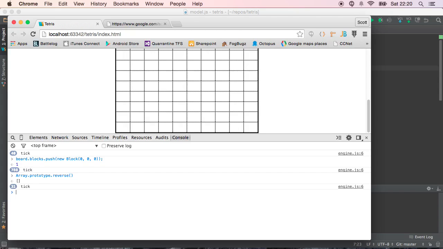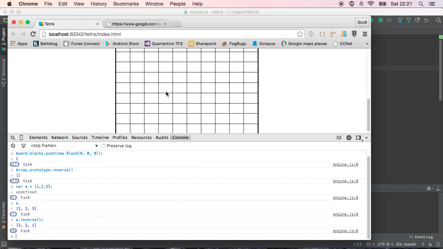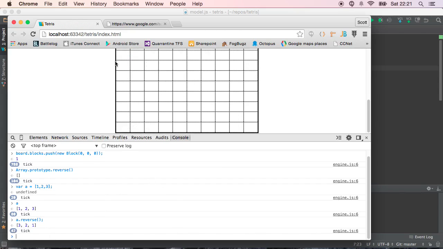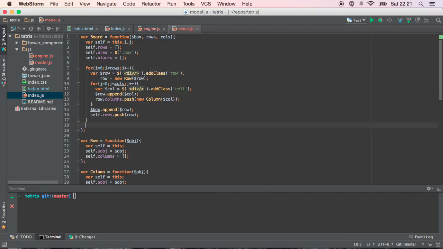So if we do, let's do var a equals 1, 2, 3, and then we do a, we'll get 1, 2, 3, and then if we do a dot reverse, we get 3, 2, 1. Perfect. So that's exactly what we want. We want to reverse. Our columns are correct, but our rows are backwards. So once this generates, what we want to do is